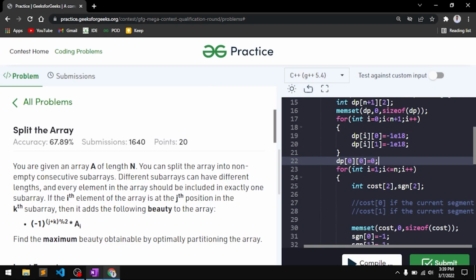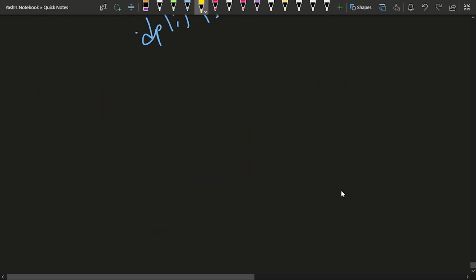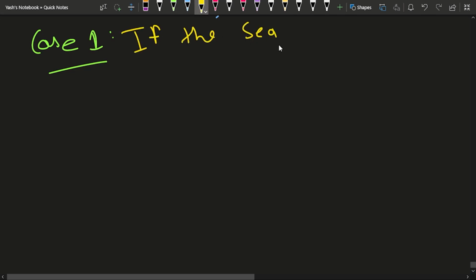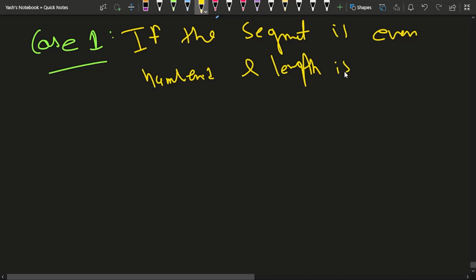But there are several cases that I want you to understand. Now there can be several cases in this particular question. I'll write them for you. So the cases that you have to understand, let's talk about case 1 first of all, and the other cases you will easily be able to relate. In this particular case, let's say if the segment is even numbered, right? If the segment is even numbered and the length is odd, then the ith element will be multiplied by